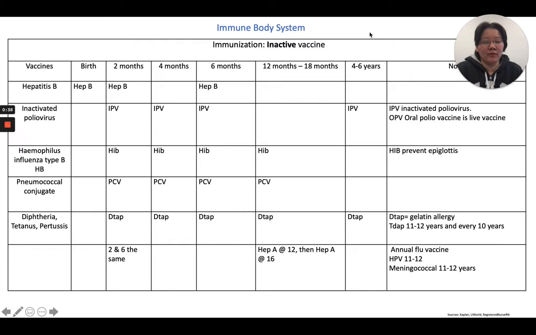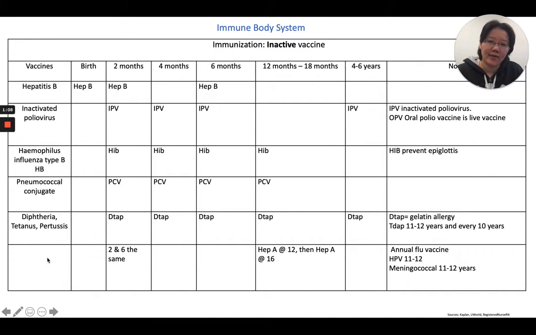In my final summary documents, I categorize according to human body systems, according to the topics that the NCLEX-RN is going to test on. Here, for immunization, I put it under immune body systems. Immunization can come as inactive vaccines versus active vaccines. This table represents inactive vaccines. So on the far left,